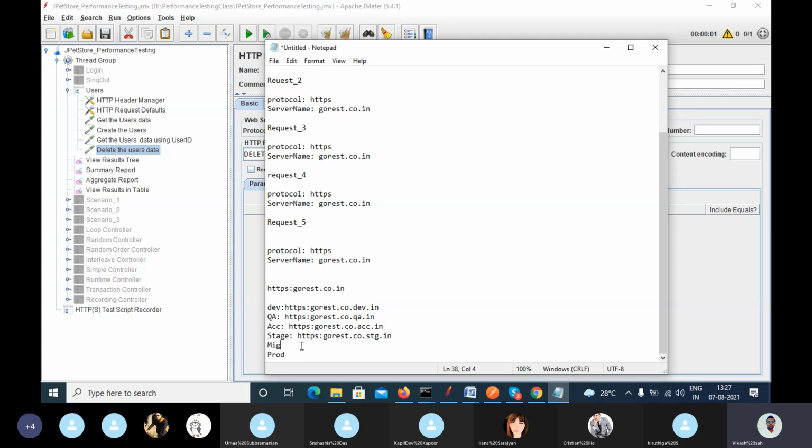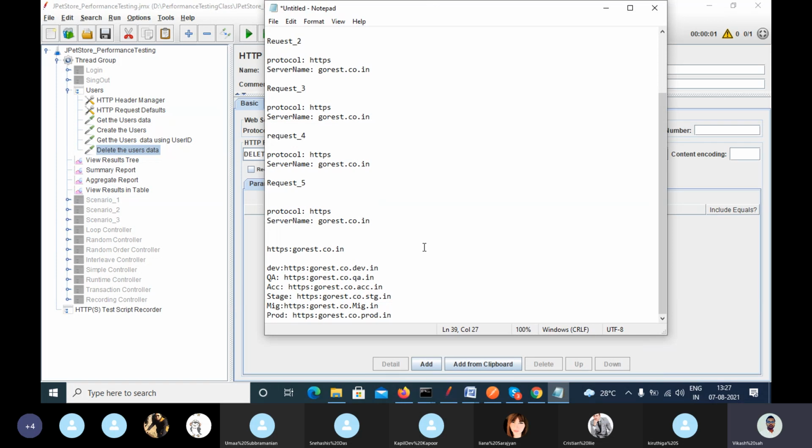Okay, and migration. Okay, and let's suppose production. Okay, so in real time, whenever any requirement comes to us, we are not testing on any single environment,